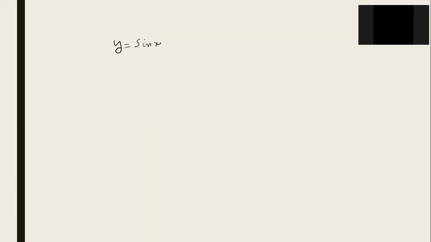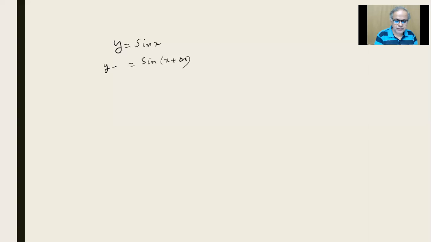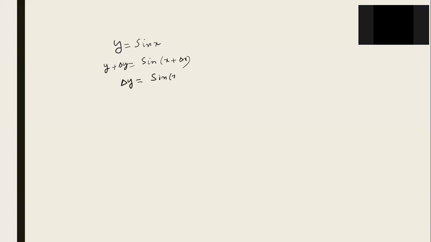Right. For the first principles, we should take anything in general in the beginning. Sin x I have. So follow the procedure I told you. Give a change of delta x in x. So what is that? Sine of x plus delta x, because of which y becomes y plus delta y. No problem with this, is it? Yes, sir. Right. Delta y equals sine of x plus delta x minus sine x. Y is sine x.